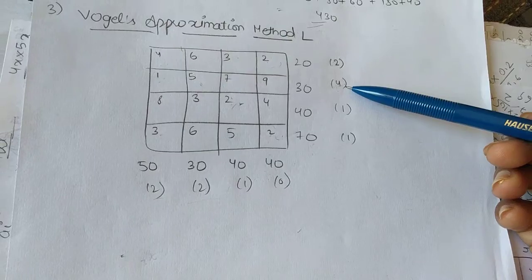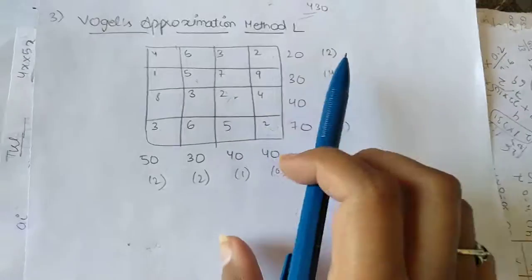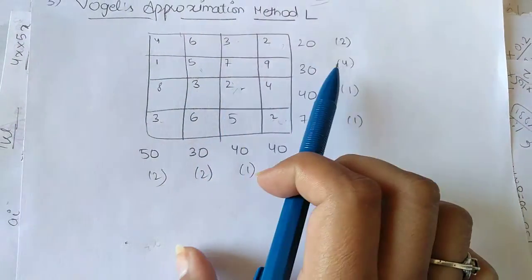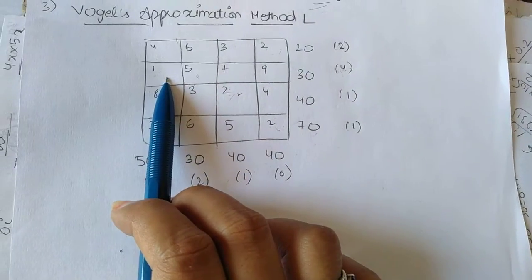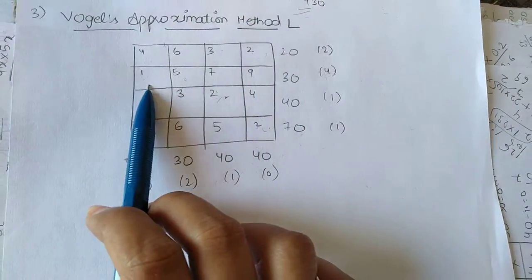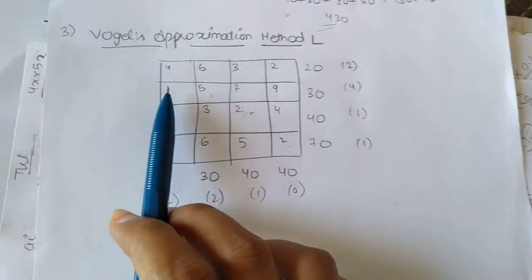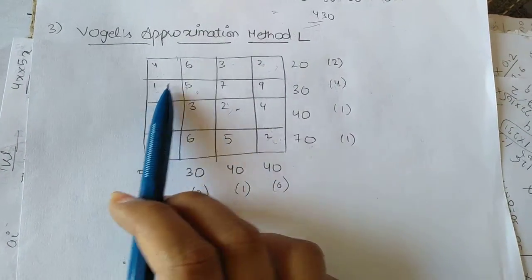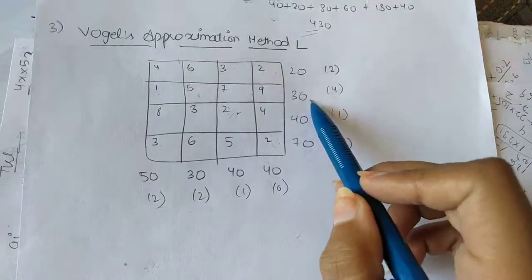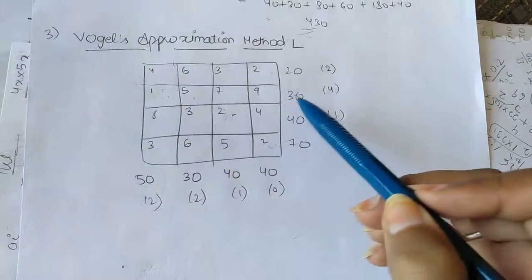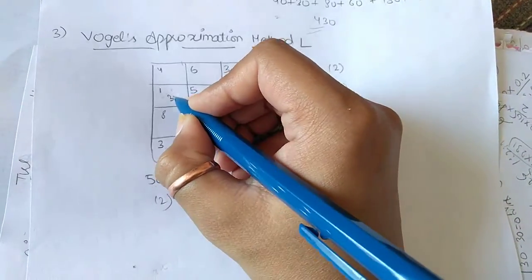Now out of these values in the bracket, we choose the value which is maximum. So maximum is 4 here. So we will choose the second row because the value corresponds to the second row, and in the row we look for the value which is least. Least value is 1. So we assign the least of 50 and 30 to 1. So the minimum of 50 and 30 is 30.